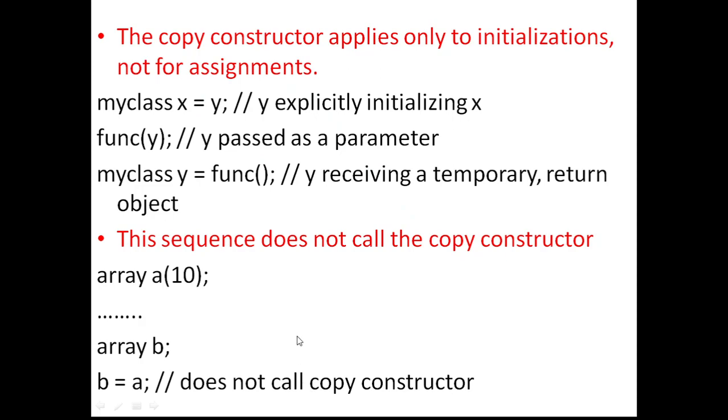So it is very important for us to understand in which instances the copy constructor will be executed. So these are the various points pertaining to the copy constructor. We have seen the potential problem of assigning one object to another, and it is a problem only when there is dynamic memory allocation and deallocation involved in the class, and we can simply overcome that by implementing a copy constructor. And the signature of the copy constructor is that it has to be passed the object of the same class as a reference.